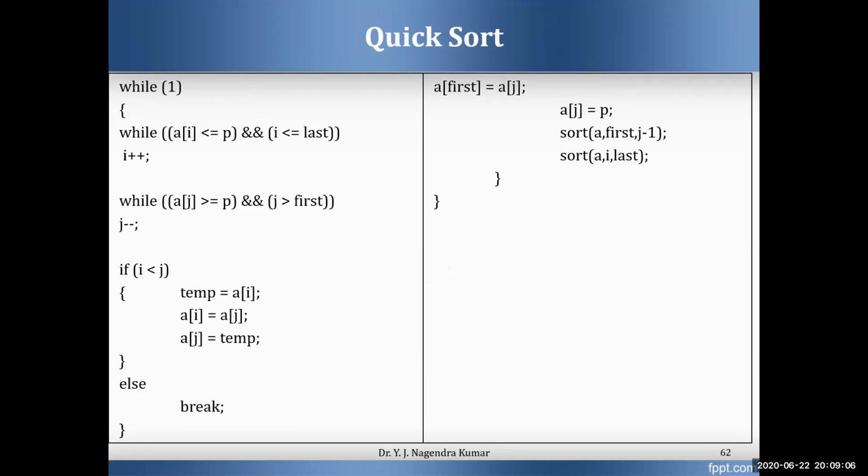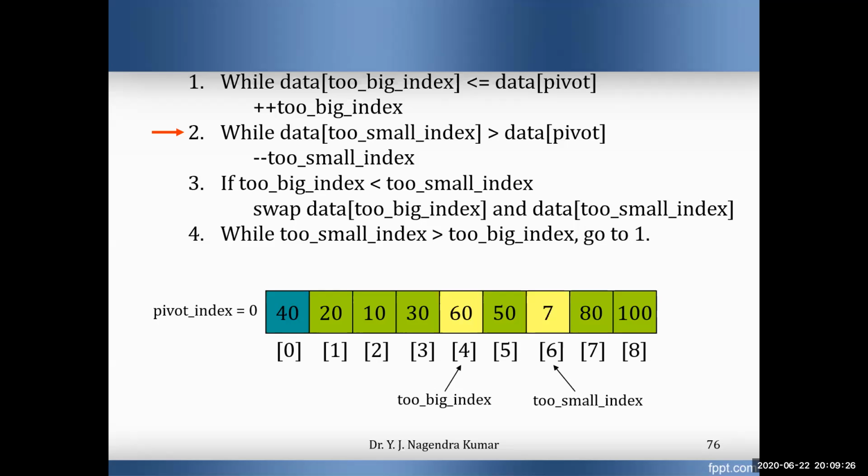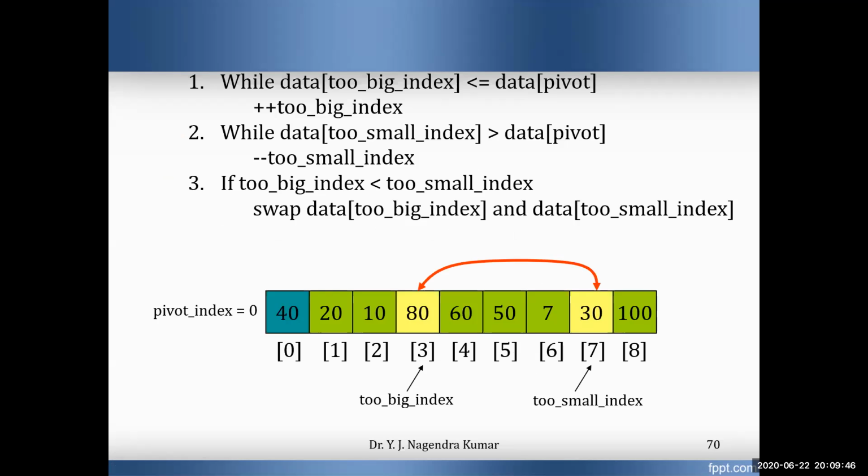When i becomes greater than j, once it crosses these two elements, the condition becomes false and it terminates the while loop. Now observe this case. The i value is 5, the j value is 4. Is 5 less than 4? No, the condition is false. Now it breaks the while loop. That is what we are doing in the program.